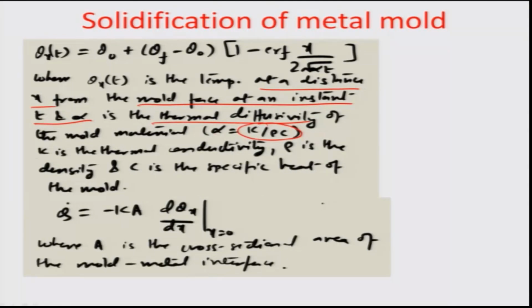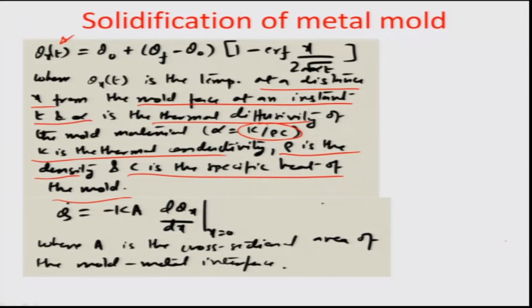K is the thermal conductivity, rho is the density of the liquid metal, and C is the specific heat capacity, density of the mold, I am sorry, and C is the specific heat capacity of the mold as well. This temperature distribution, mind you, is in the mold. So, it is actually the sand properties that we are evaluating here while doing the theta distribution within the sand mold, and